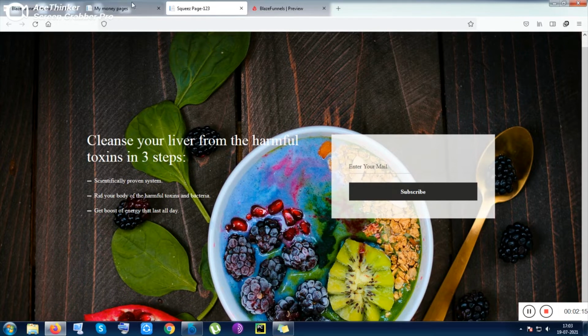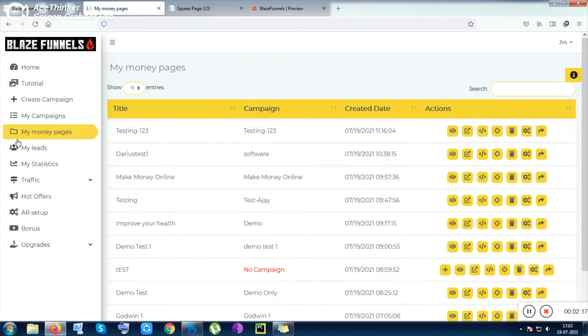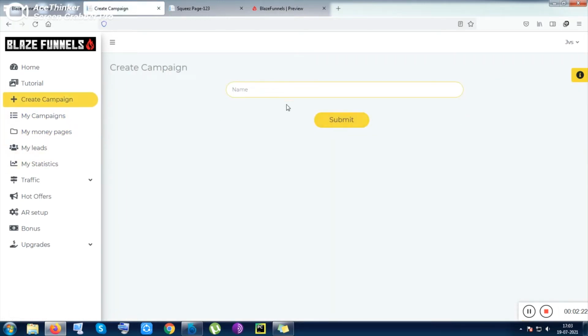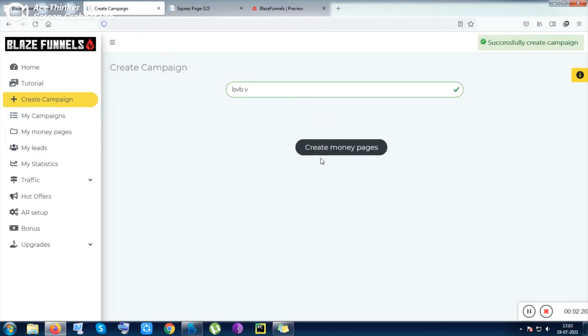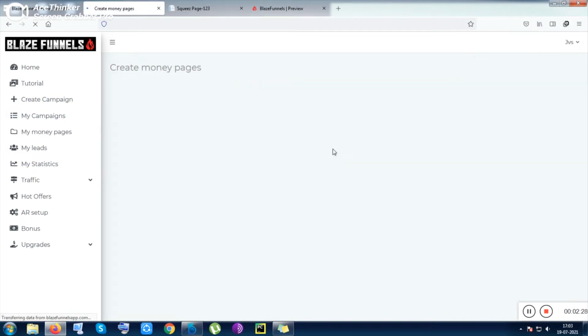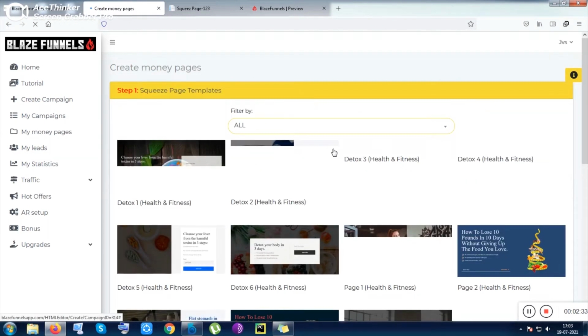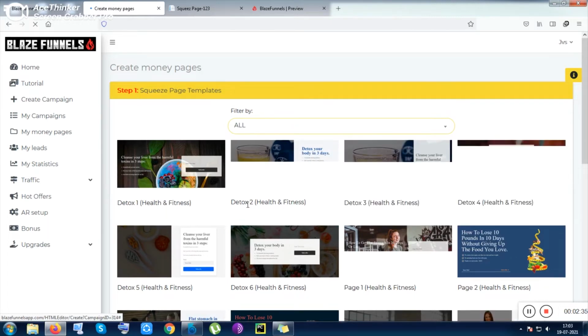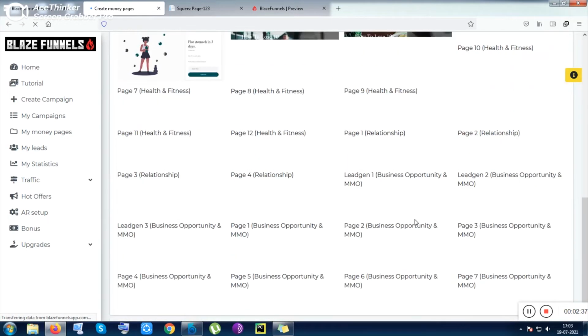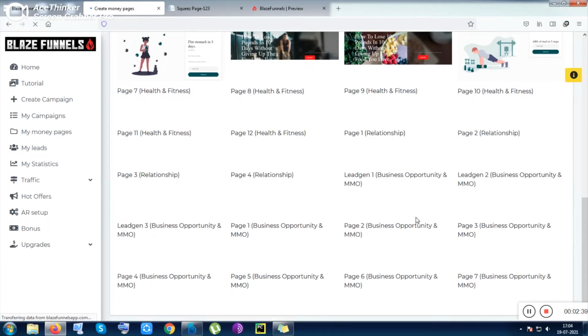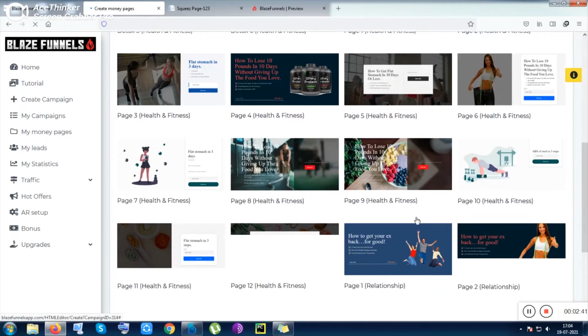You can use that and create your own campaign, and put in the campaign name. Let me put in a random one because I want to make the video faster and show you the main stuff. It is very easy, and from newbie to expert anyone can do the same thing. You can choose any of the funnels given inside the front end, and if you upgrade your tool, you will be given more funnels.